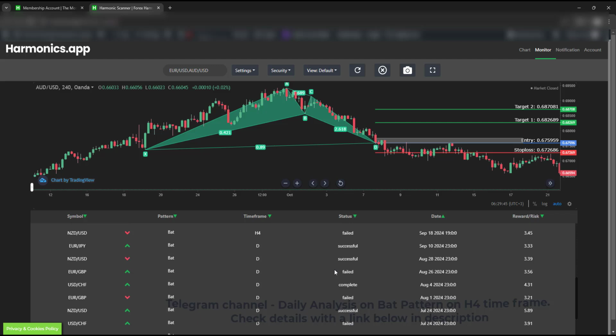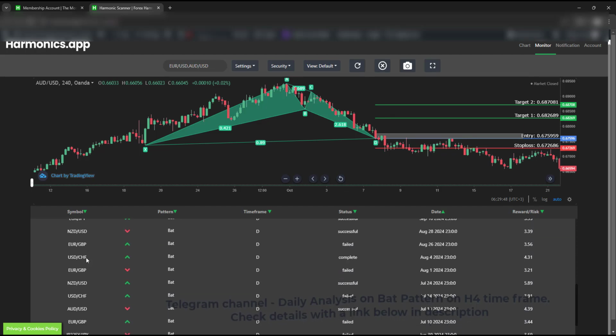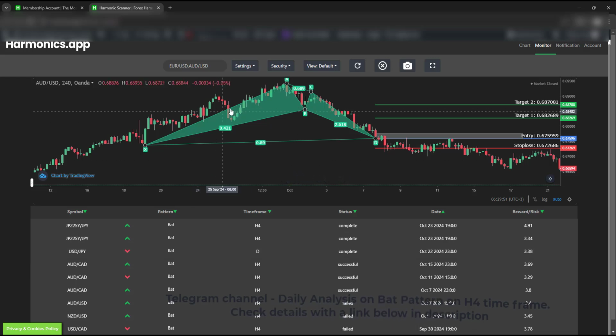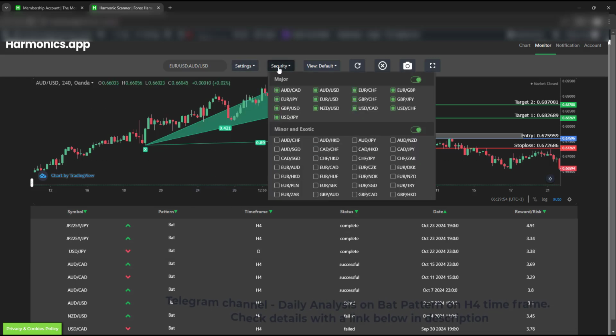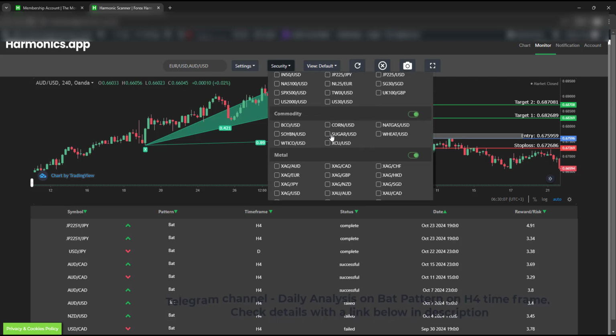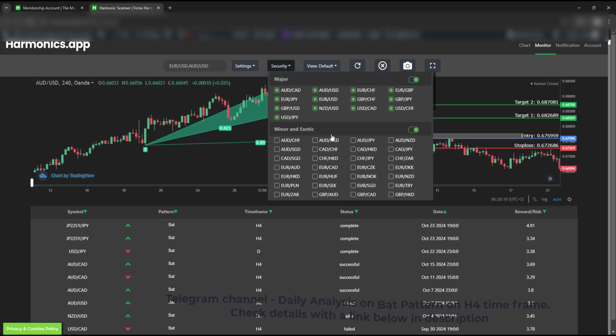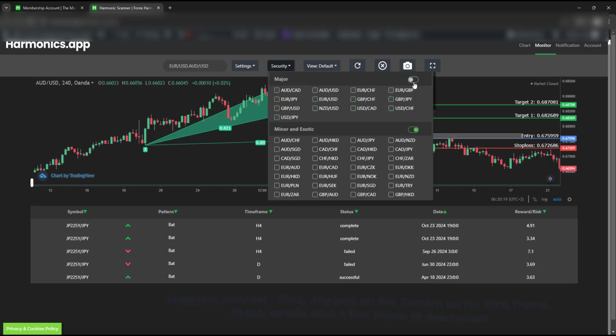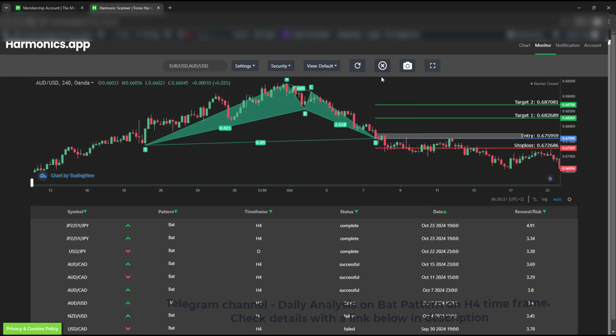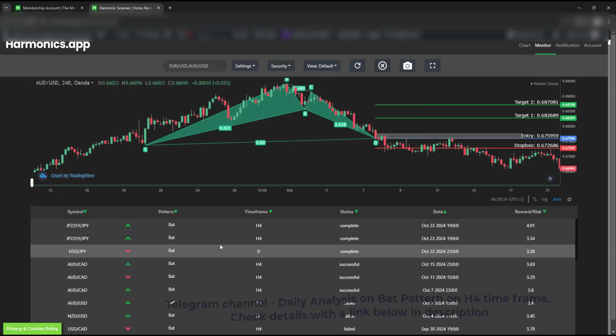And when you go down here, you have all the Forex symbols available because I have selected them inside the settings. And then you have a security where you can go into depth of all the symbols that you would like to have. Here you have major, minor and exotic. You have bonds, indices, commodities, metal and so on. So if you would like to select specific symbols, you can go one by one, or select all of them or deselect all of them. So it is up to you which settings and which symbols you would like to have